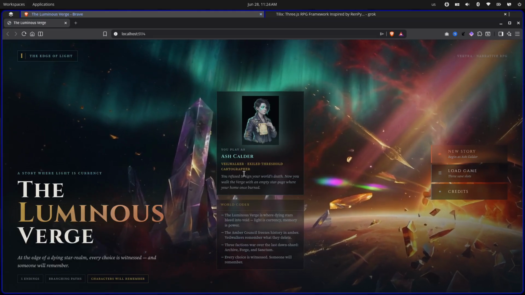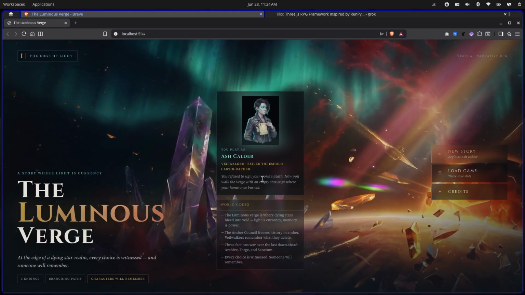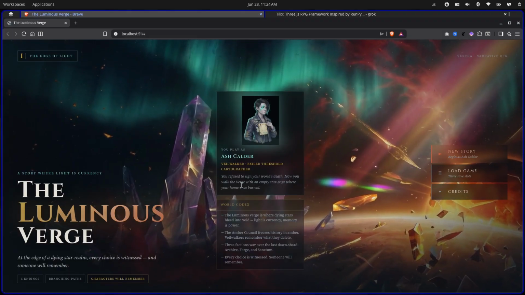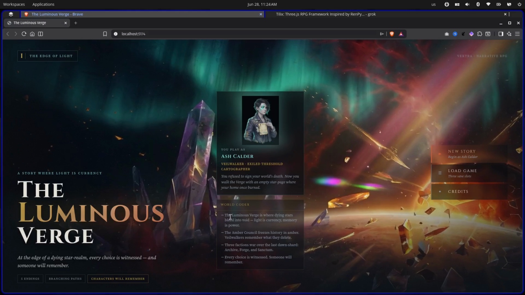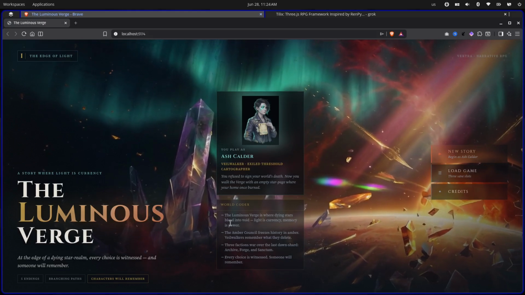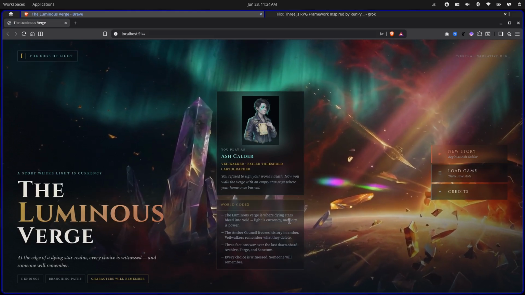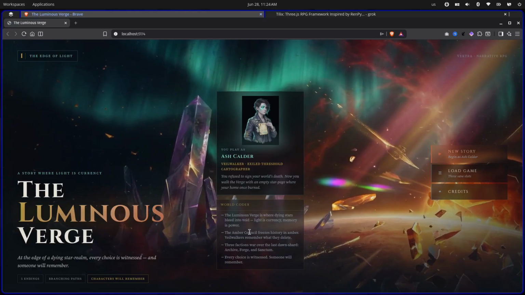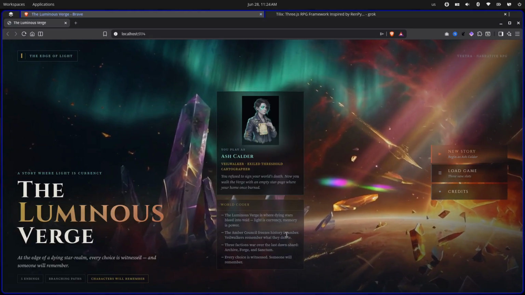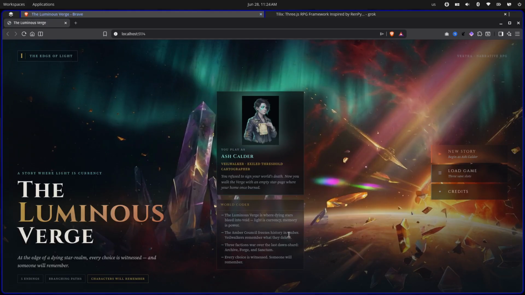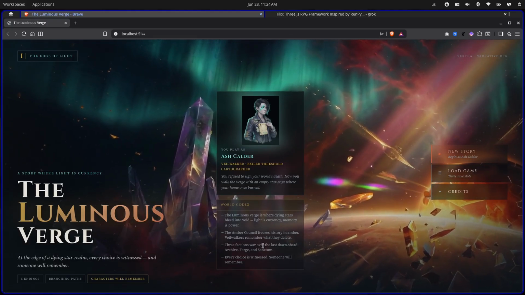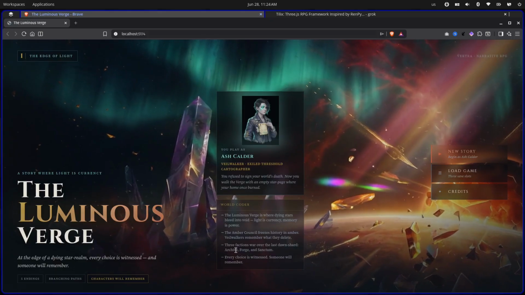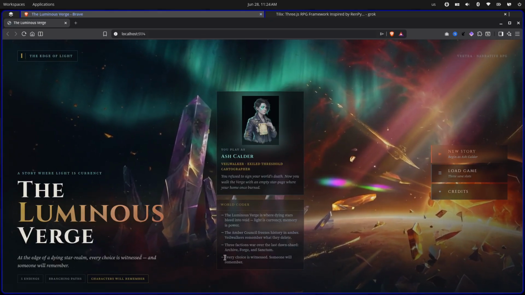You refuse to sign your world's death. Now you will walk the Verge with an empty star page where your home once burned. The luminous Verge is where dying stars bleed into void. Light is currency, memory is power. Amber Council freezes history, and Veil Walkers remember what they delete. 3 factions war over the last Dawn Shard. Archive, Forge, and Veil. Every choice is witnessed. Someone will remember.